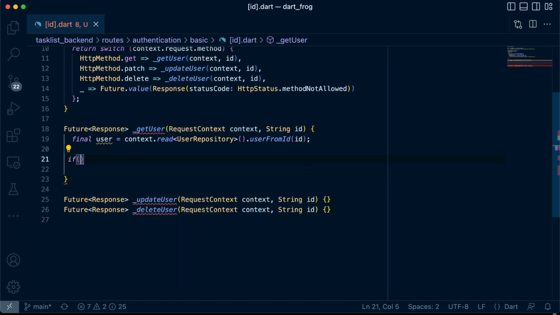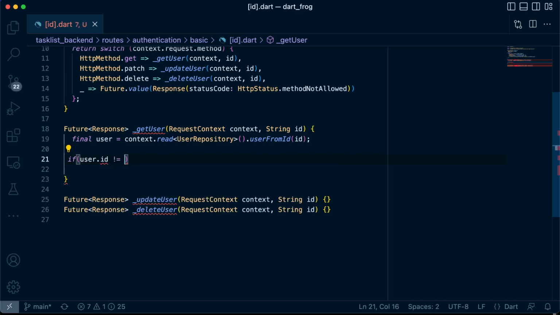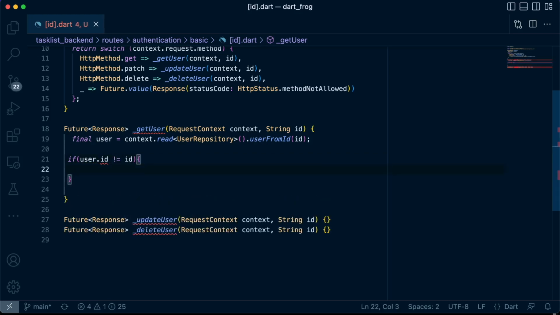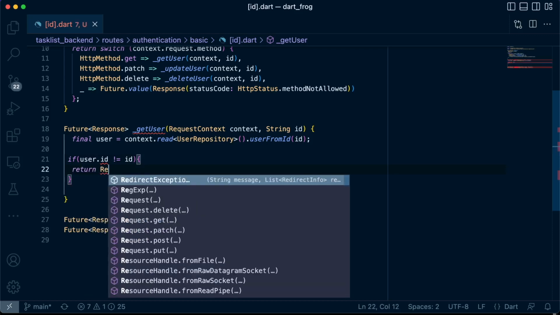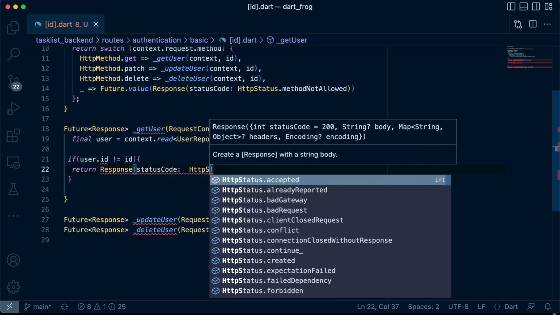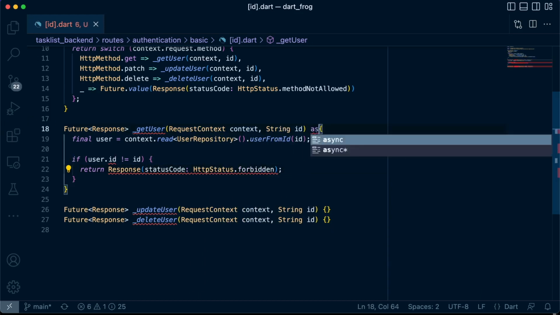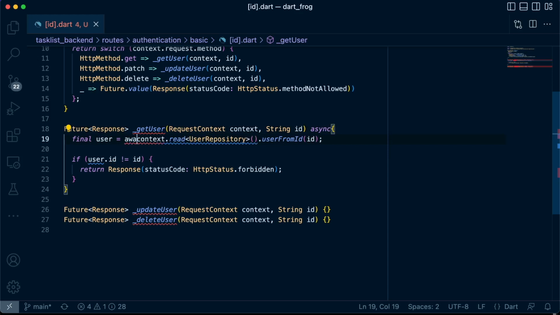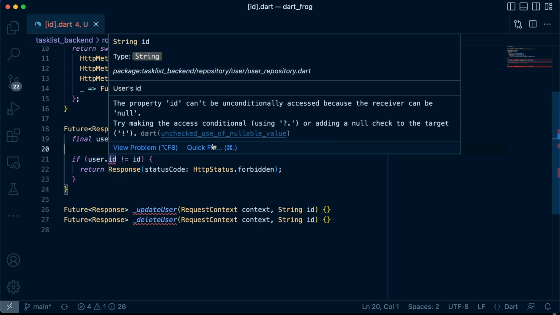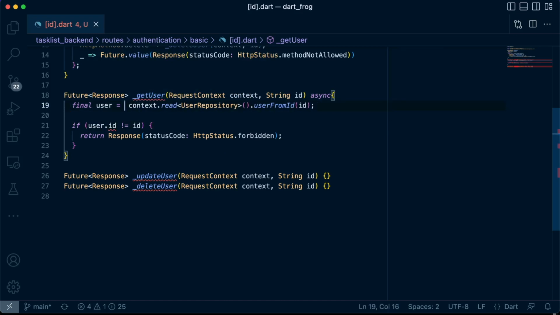So we want to do a check if user.id is not equal to ID. We'll return a response and set the status code forbidden. So let's add an async here. Let's pass in await here. Okay, then